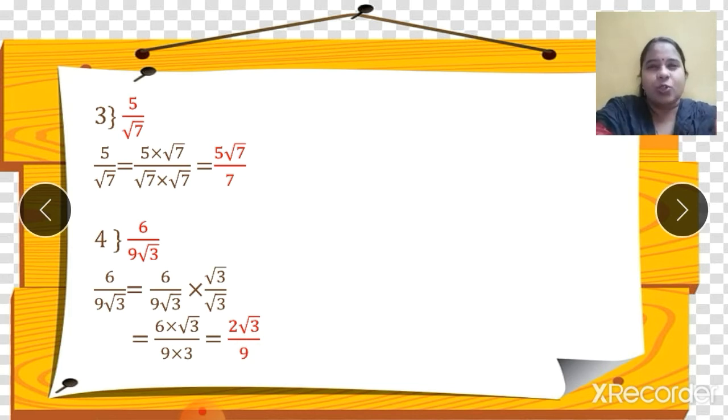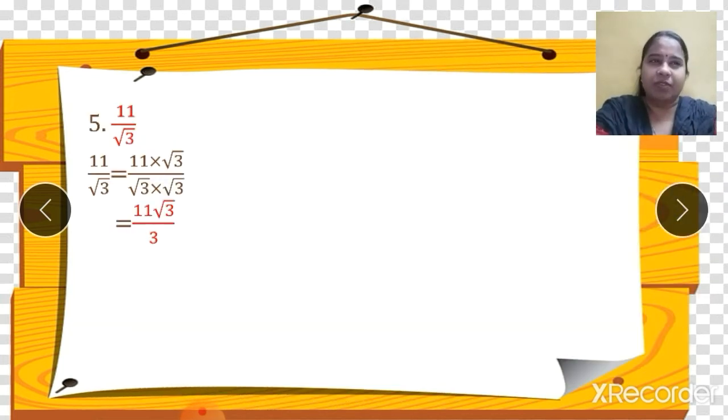Okay. So the basic difference between this sum and the previous one is that here the denominator was only a surd, that is root 7. But here it is 9 root 3. 9 is a rational number. Don't take it here. Do not multiply by 9 root 3 again. Only that irrational number is to be rationalized. Be very careful about this while solving sums. Right? I hope you have understood these two sums very nicely and you are writing as well. Keep the notebooks complete. In each and every video I am telling you this, that you have to keep writing whatever we are solving here. Okay.